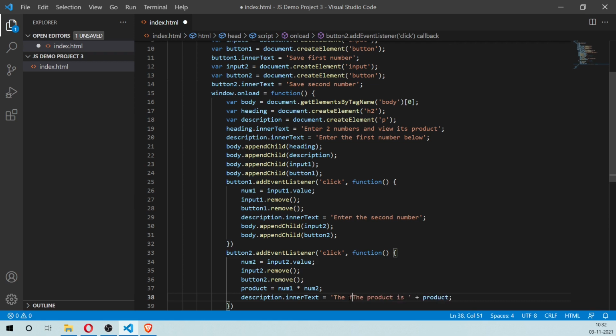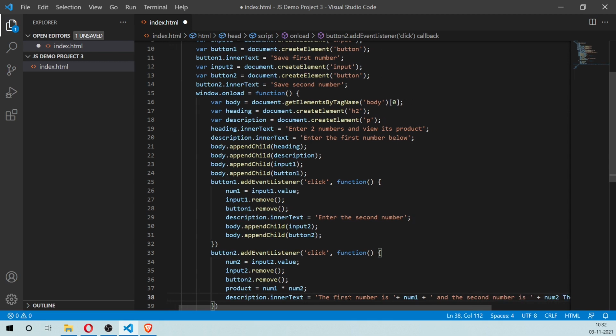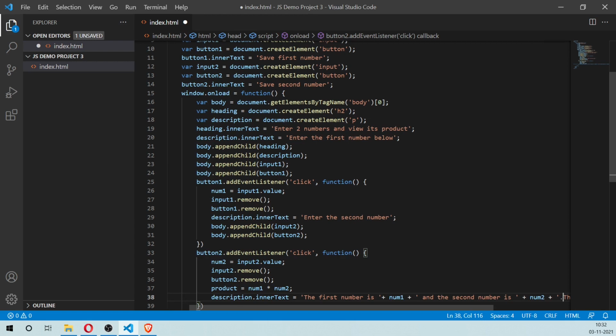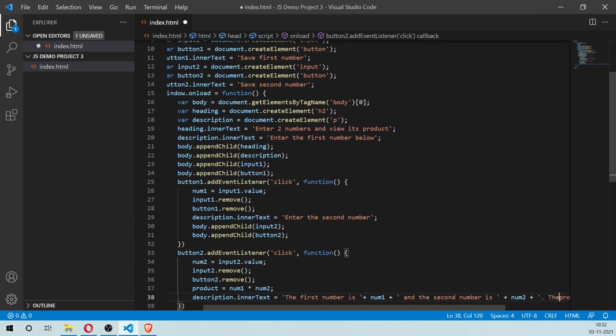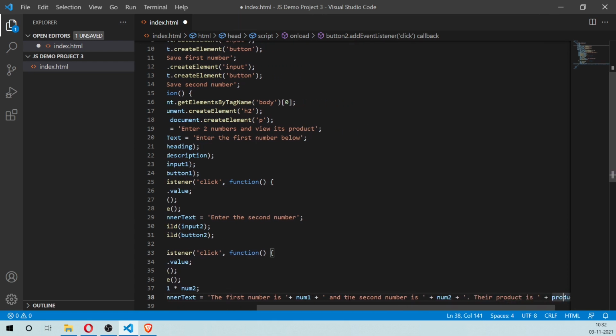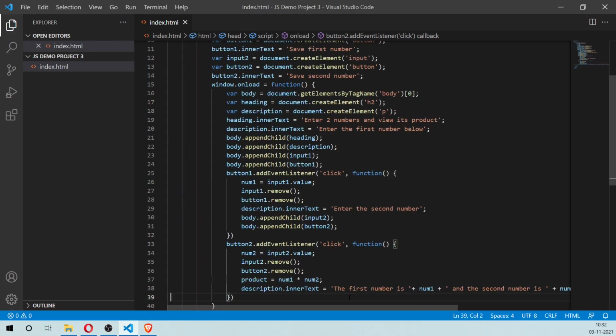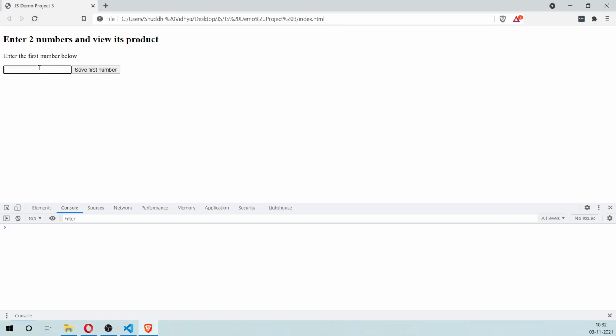We'll say the first number is num1 and the second number is num2, their product is product. Okay, so that's a little more self-explanatory. So we got these two values from the user and then we're showing the product here.